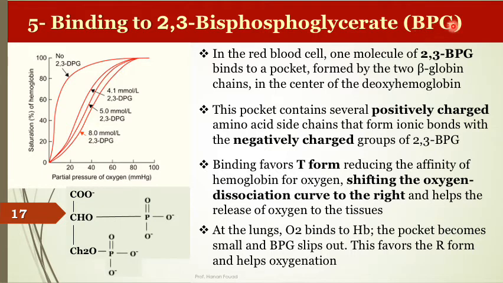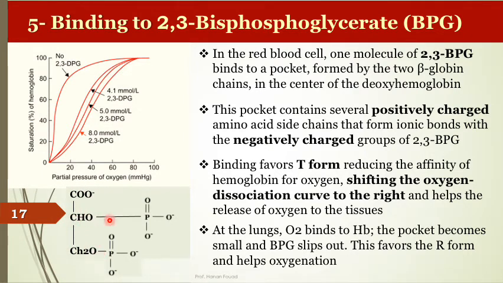What is biphosphoglyceric acid? Please revise glycolysis. We have studied glycolysis. We have studied 1,3-biphosphoglyceric acid or glycerate. But this is 2,3. This arises only in glycolysis, but we don't study the pathway of synthesis of 2,3-biphosphoglycerate. This is the glyceric acid. First carbon of glycerol, second carbon, third carbon. This is carbon number 1, this is carbon number 2, this is carbon number 3.